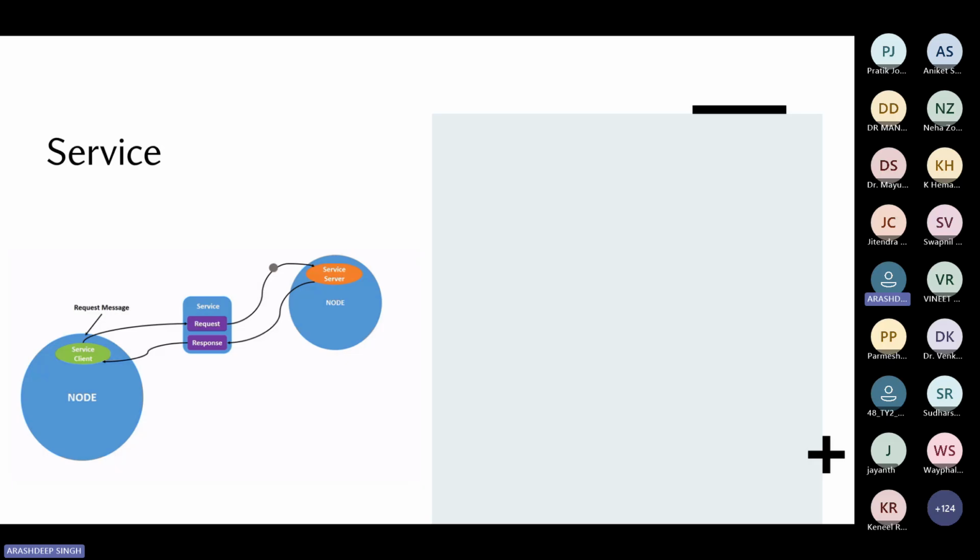In that time, the service client has to wait until the message from the service server is sent to the service client. Then all the communication will be halted. The service client will be waiting for the response from the service server. So if we don't want to wait for the data coming from the service server, then